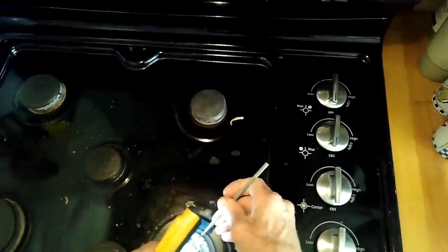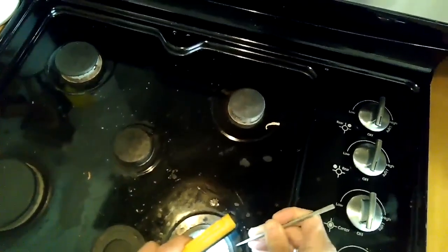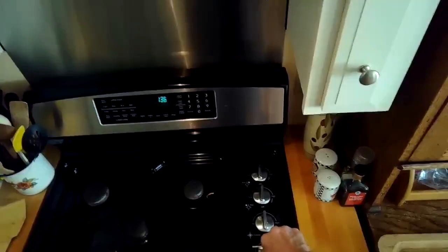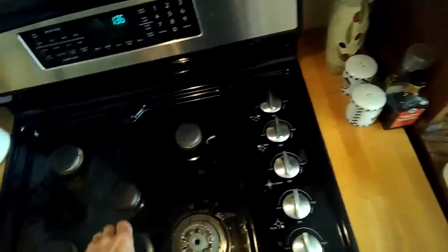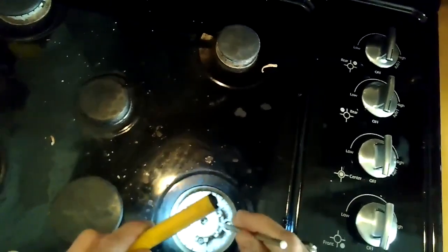So when you make sure that it's cooled down, you remove the burner cap, and using a sharp implement, I'm using a dental tool, but you could use a straightened paper clip, you want to just open up all these little holes here. And then the one that works the best is to take something sharp and poke it down into this little